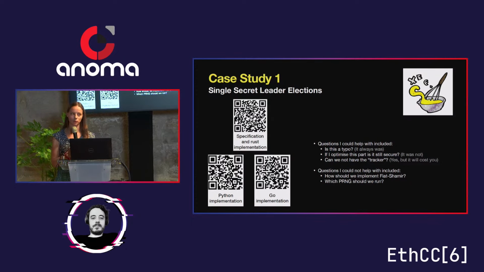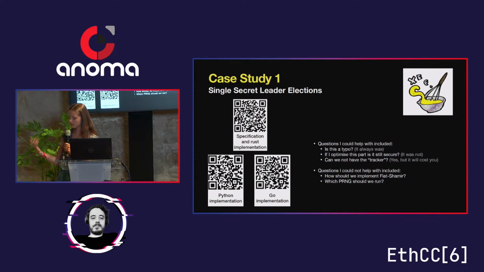Can we not have the tracker? This is something that's quite specific to the Ethereum consensus protocol. I'm going to try and explain it from a high level. I apologize if it's not that simple to understand. But basically this thing that you're tracking which says, have I won the election or not? That is the one thing which is really interacting with the other consensus parts of the algorithm. That's the only thing where you have to change the base consensus specs to allow for this long-term tracker. So people didn't really want that.